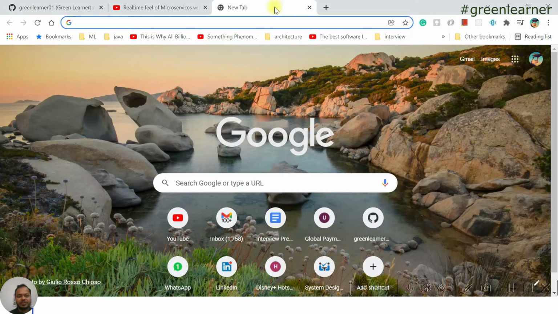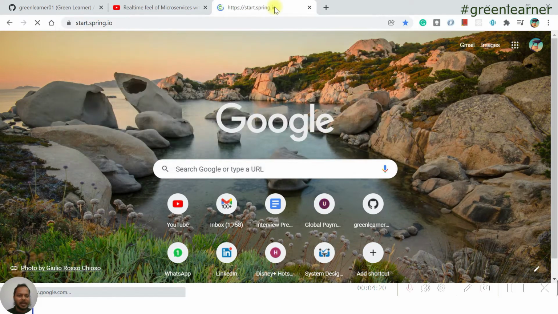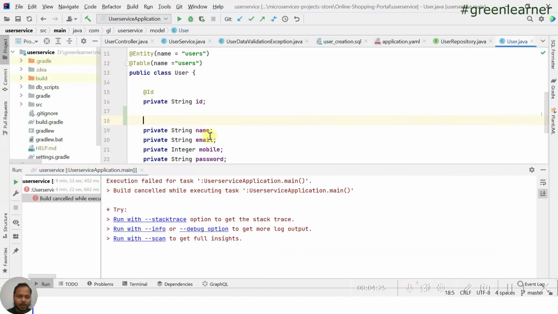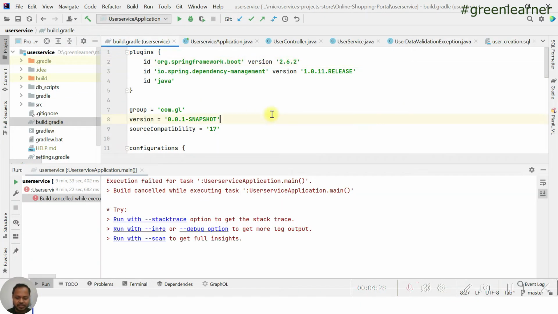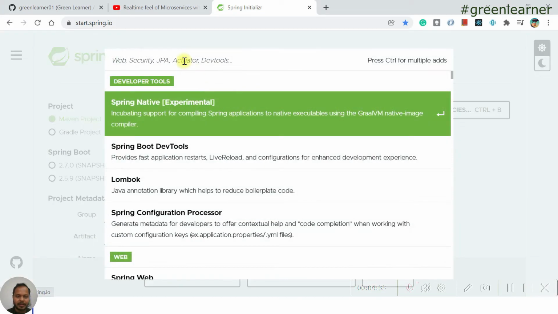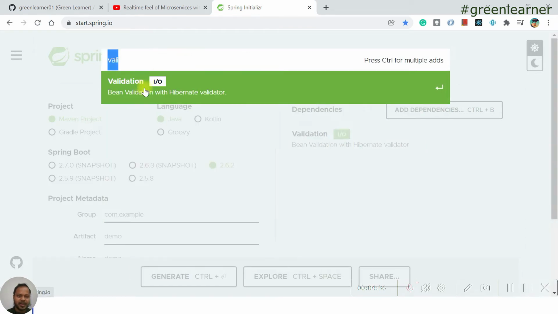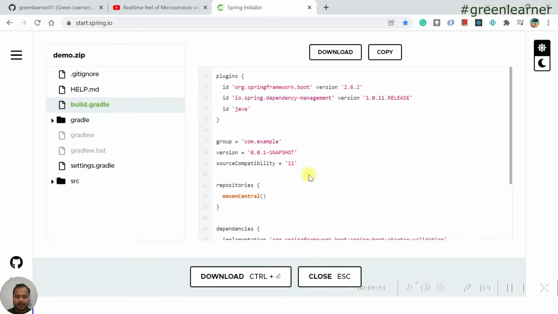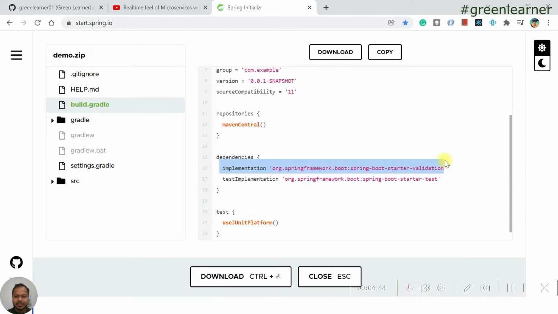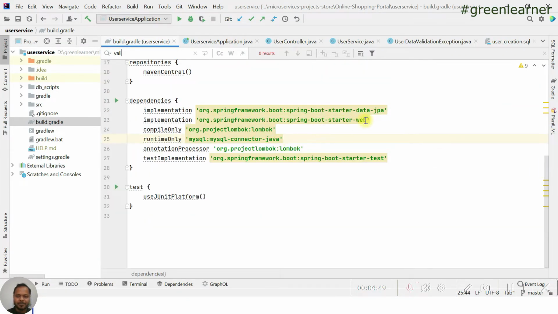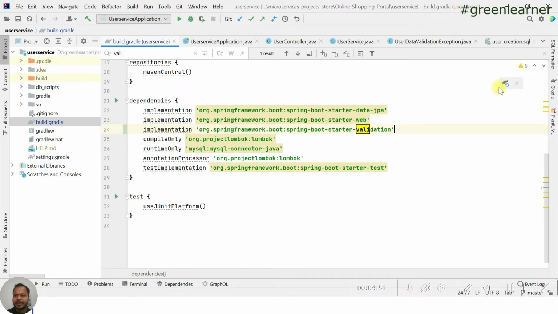To put the validation in working condition, there is one more library that we need to add here. I think we have not added that one. Let me check. There is validator, it is not there yet. So let me go ahead, and if you come here, this is the Hibernate validator, you just need to put it. Explore this, and you will get the exact line to add here. So these things are already there. This one we need to add here. Okay, yeah, just put it and refresh, and it will download the related dependencies for us.